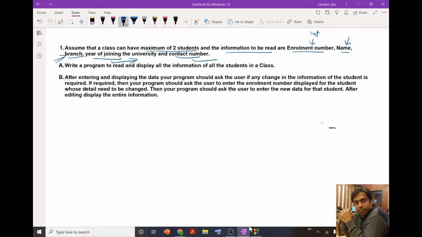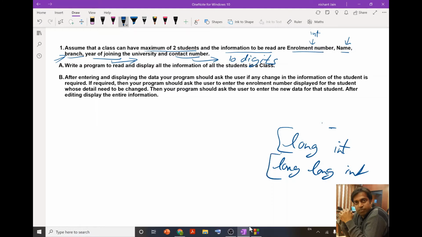And for contact number, since most of the time a contact number involves 10 digits, again depending on your compiler you have to define it as long int. So it all depends on how many bytes your compiler is going to take to store this type of number, int or long int.